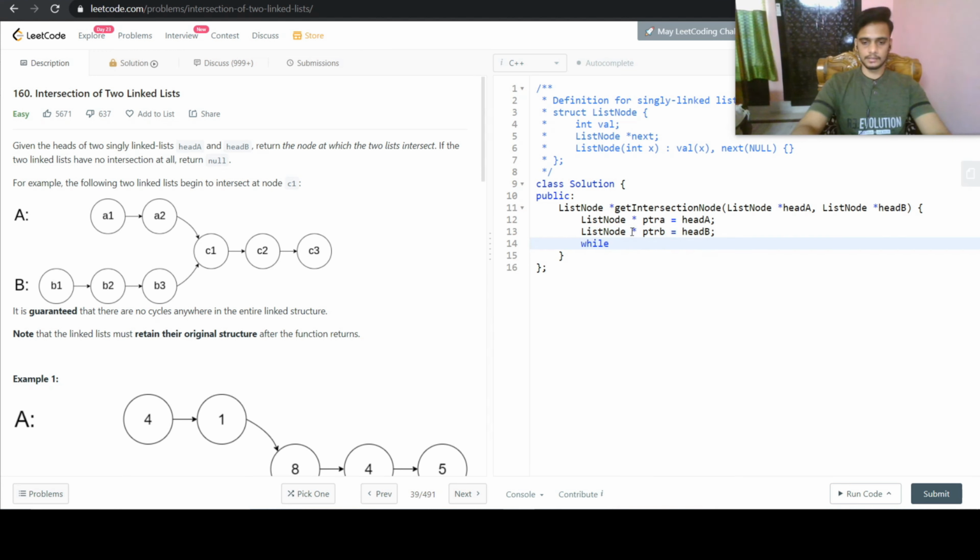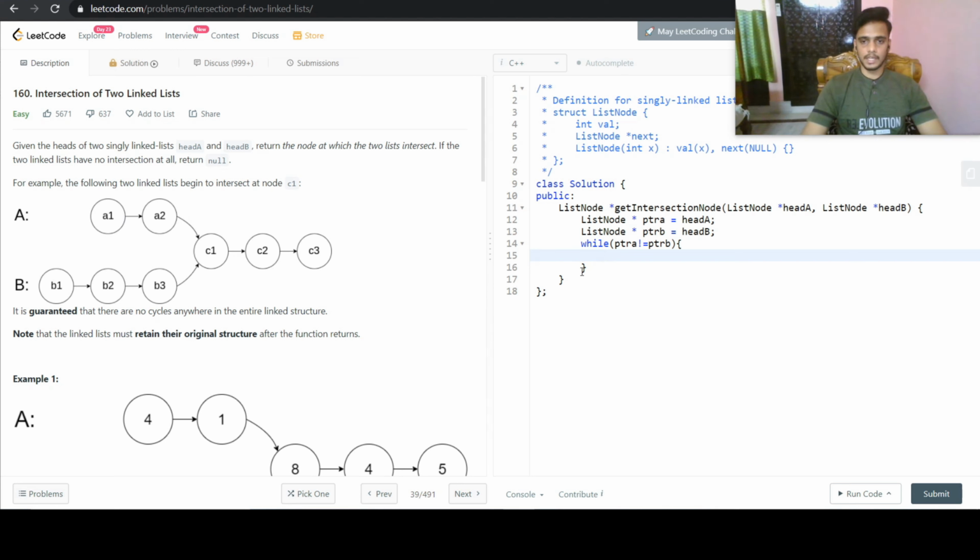And while both of them do not become equal, while ptrA is not equal to ptrB, we will just traverse.